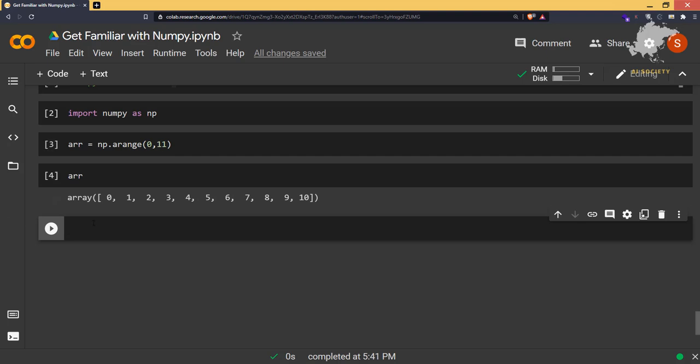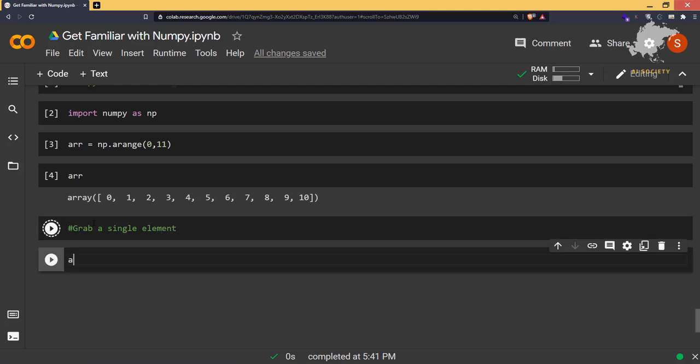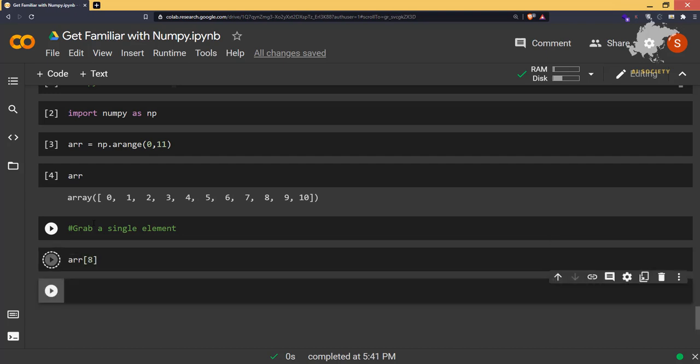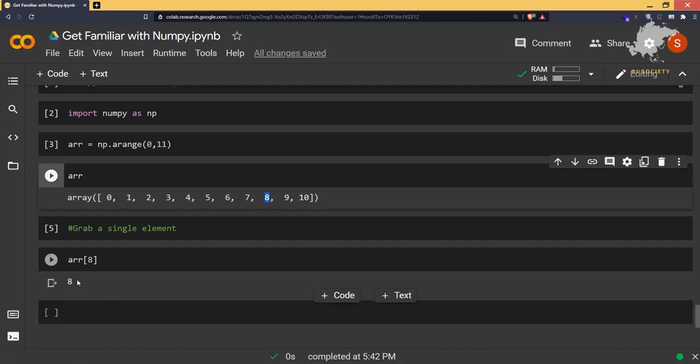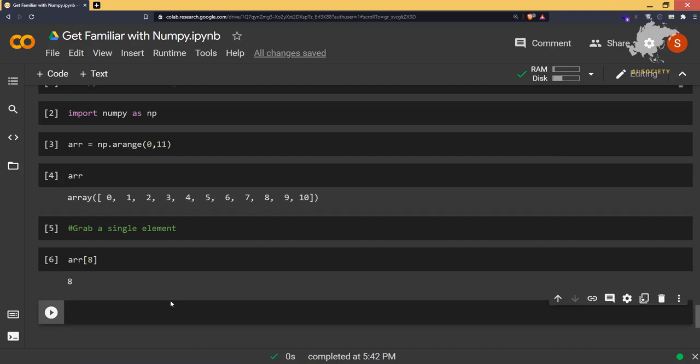Now if you want to grab a single element, you can simply say arr of any index number that you provide. You can say 8. It is going to grab index number 8: 0 1 2 3 4 5 6 7 8. So this is the 8th index number and it has grabbed that particular number. After that, let's say we want to grab a slice.